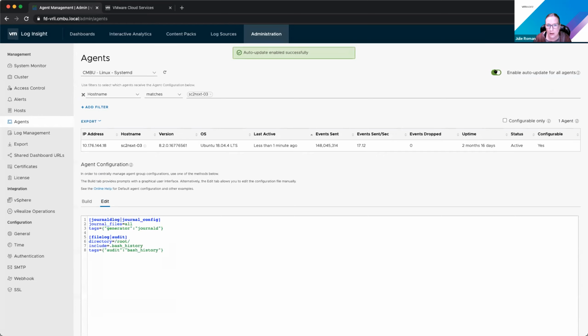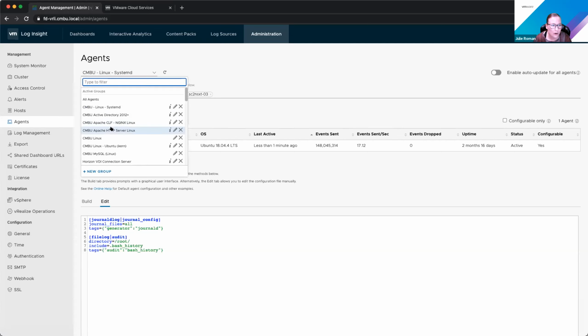I can also enable auto update. I disabled this for testing something, but I can enable auto update and that will also keep the agent version in sync. I actually turned it off because I was testing something on the old agent. So you'll notice I still have some on the old version, but if you have that enabled, it'll automatically update those to the latest version with no intervention.